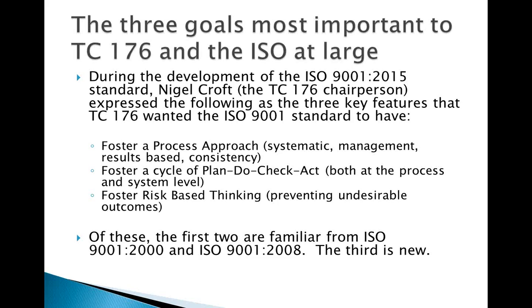Plan, Do, Check, Act and process approach are very closely aligned ideas. The whole idea that you have a means of checking on the effectiveness of your processes and acting in response, having a planning phase, having controls for the doing phase, and so forth. These 2 ideas are very much